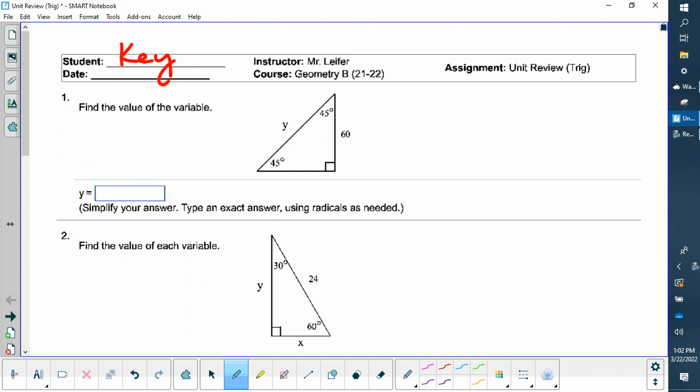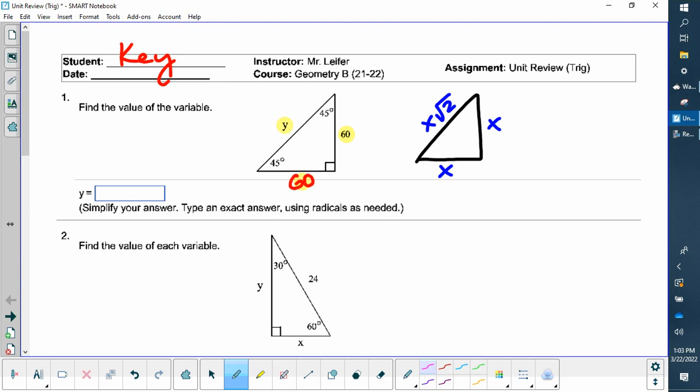Okay, problem number 1, I noticed right off the bat this is a special triangle, okay? We call it a 45, 45, 90. Now the model for a 45, 45, 90, if I were to do a quick sketch of it, looks like this. These two sides have to be the same measure, and I could do the Pythagorean theorem, or you just have to know that the model is x times the square root of 2. So if this is 60, then down here this has to be 60,